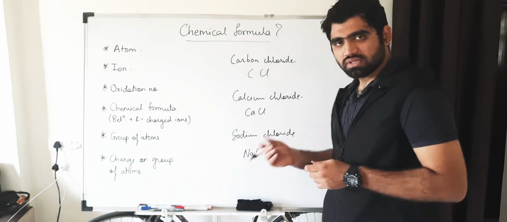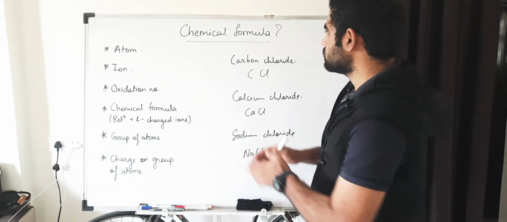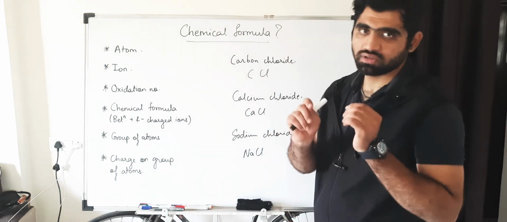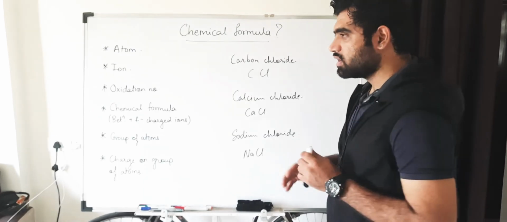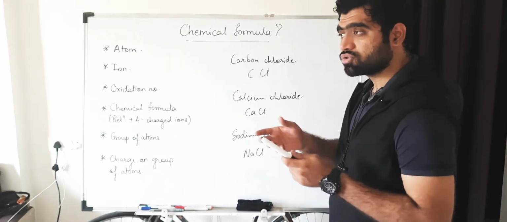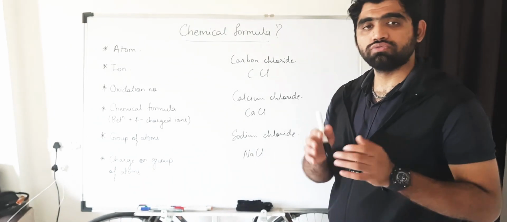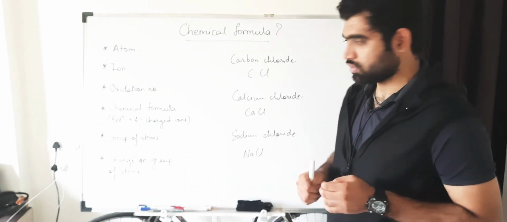Okay, so in today's class I'm going to just cover the same thing. I'm just going to discuss about the chemical formula of different type of compounds. Okay, and how should we find it out? And how should we know that is it correct or wrong? How should we find it according to the valencies of it? Okay, so